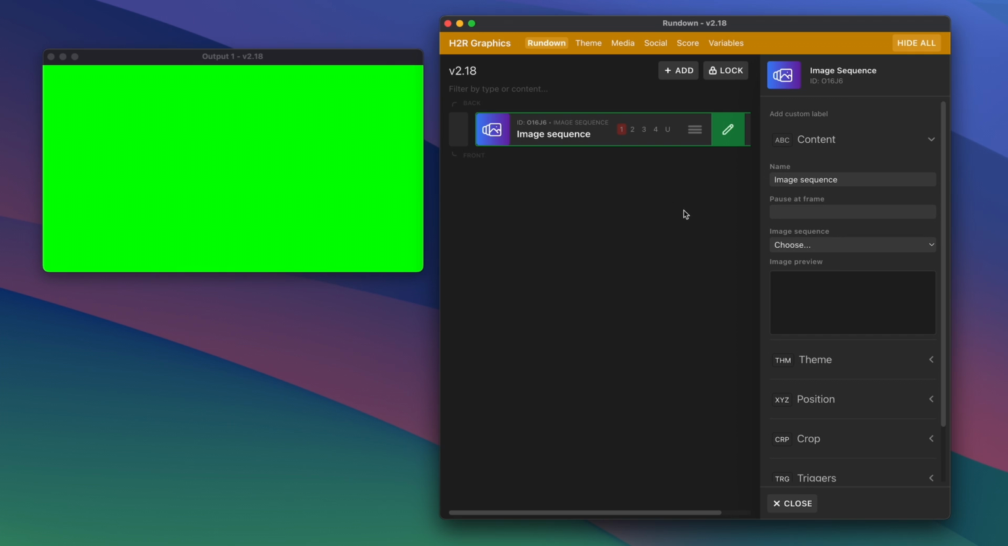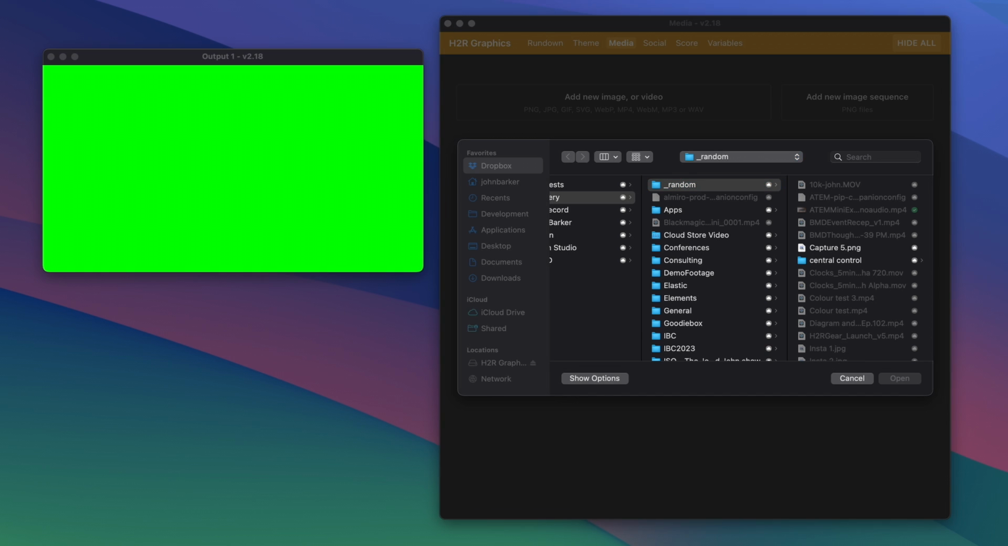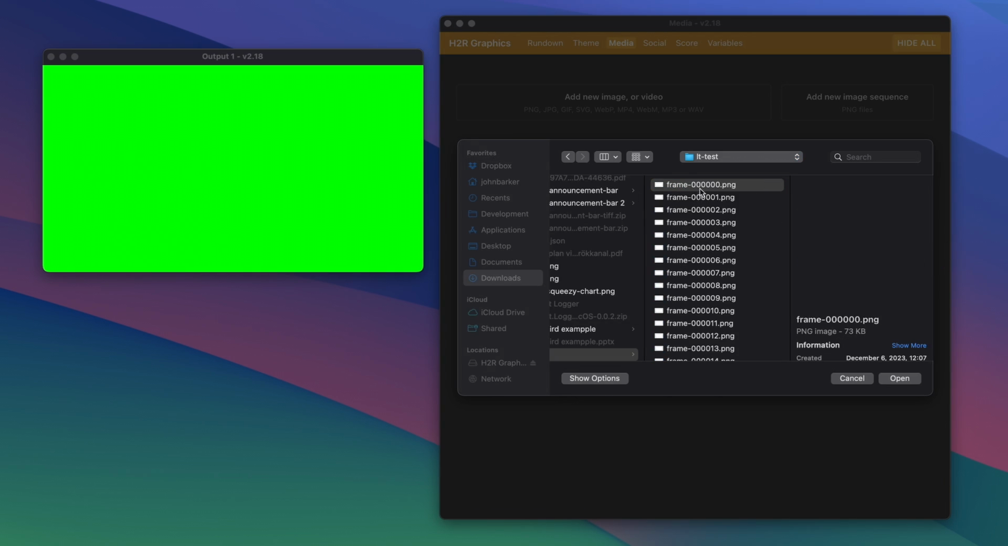Now, to get started with that, I'm going to head on to the Media tab. I'm going to add this new image sequence. It's a collection of PNG files. In fact, if I just navigate to that folder, you'll see here that I have a bunch of PNG files,